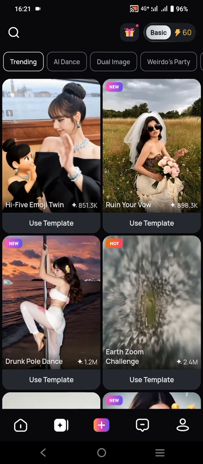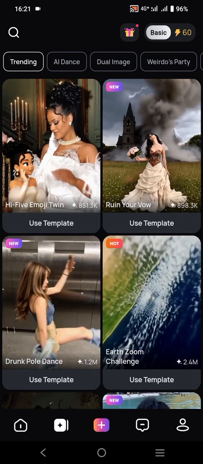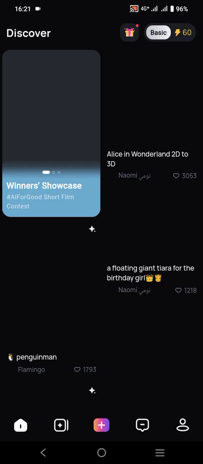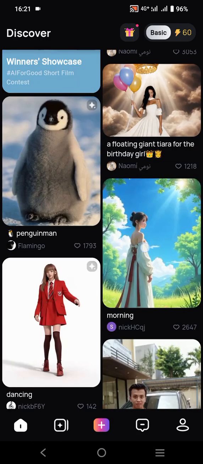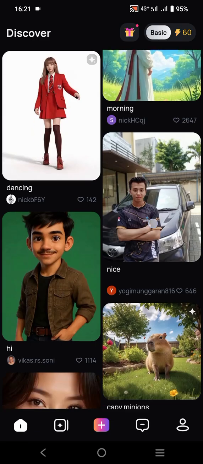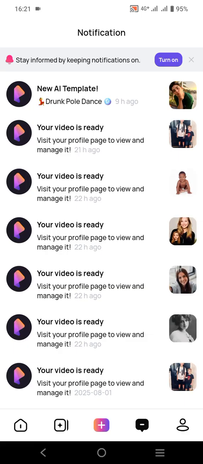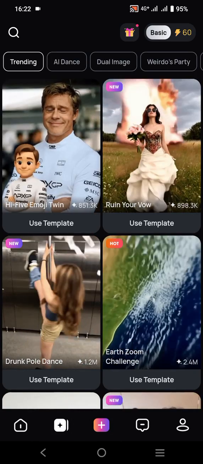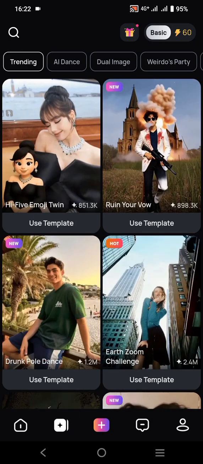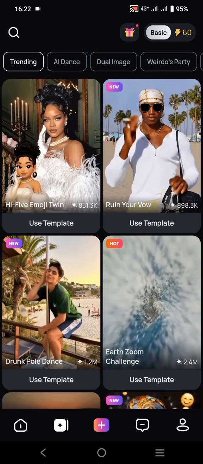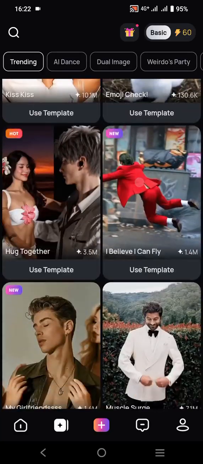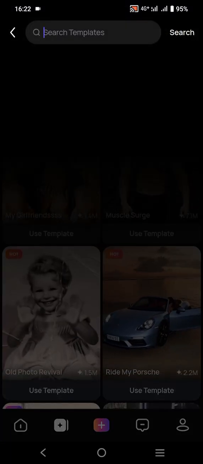And this is the template section that you can explore to see how to create the video. This is the home page, where you can see more of the animations that people have created before. And this is the notification area that informs you about creations that have been generated, or new templates. Since we would like to create a robot animation from one photo, we will choose the animation over here, named